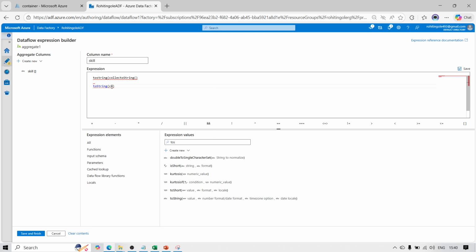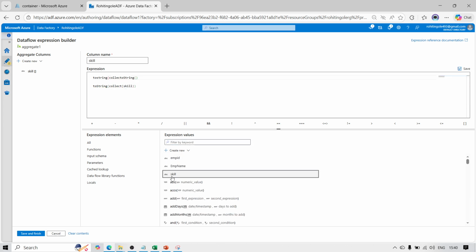then we can use the collect function, and then we can use our skill column, and then if I remove this one, the top one, okay, now we can firstly, because now